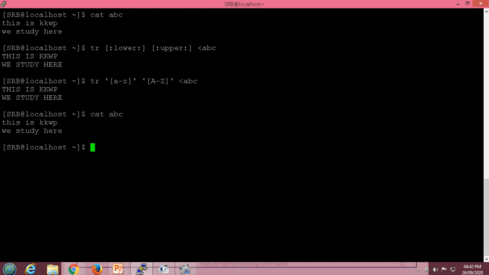Now suppose we want to replace any particular character with another character. For that also we will require this tr command. So for this, let us say k, I want to translate it into uppercase only. So only this particular character I want to be translated into uppercase.